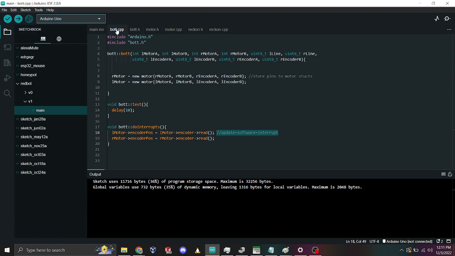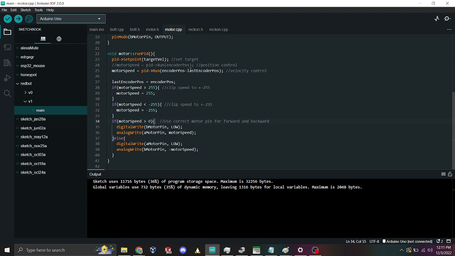So if we go to the bot class here, you can see we have the forward and back for the left motor, forward and back for the right motor, the two line sensors, the encoders for the left one, and the encoders for the right one. So we're taking all of these and passing them into the motor structs. So if we go over to the motor structs,